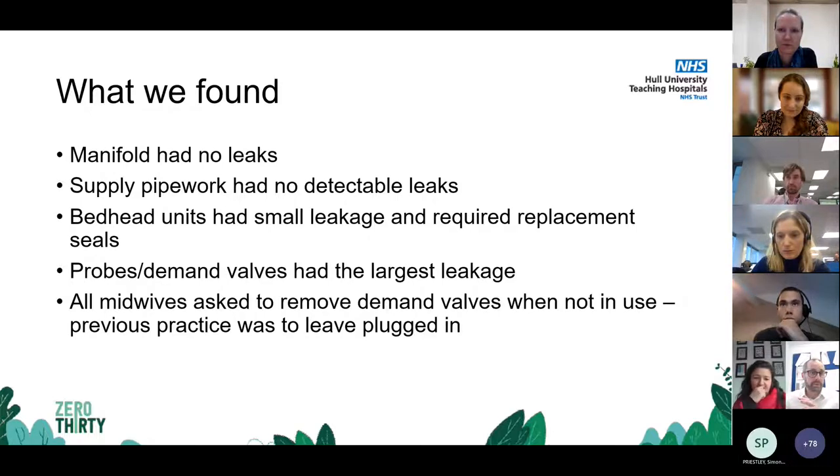When we came to do the drop test, we did notice that we had small leakage on the bedhead units. For us, the biggest area of leakage was the demand valves that were plugged in, and our process in the trust was to have those valves plugged in 24/7, even when they weren't in use. The impact of that when we rectified the leakage in the manifold, and we were fortunate we got the midwives